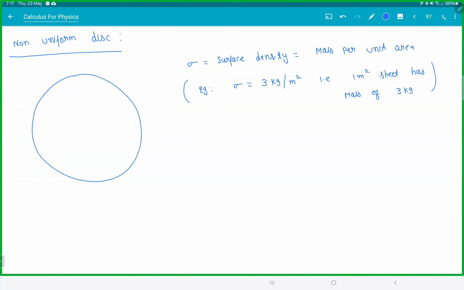So here we have a disk where sigma is equal to c into x, where x is the distance from the center, and c is some constant. And the value of x lies between 0 and r. Now, what is the meaning of this? Listen carefully. I'll give you one more like this to do later on. So if I put x is equal to 0,